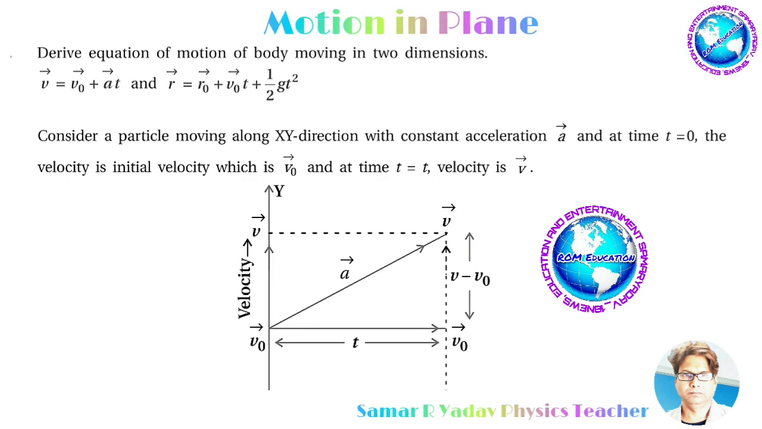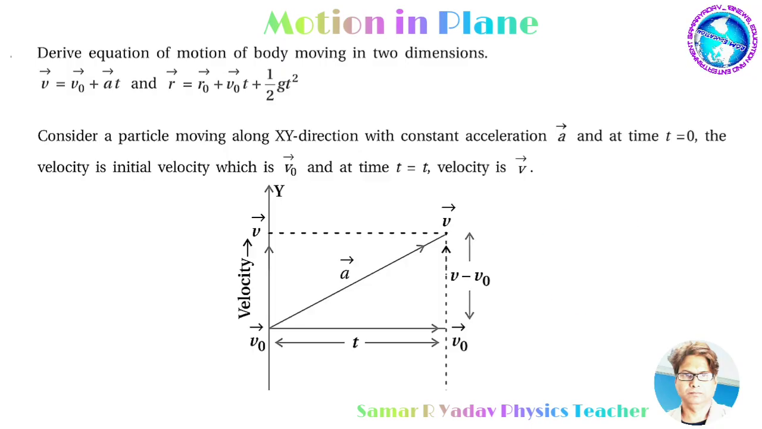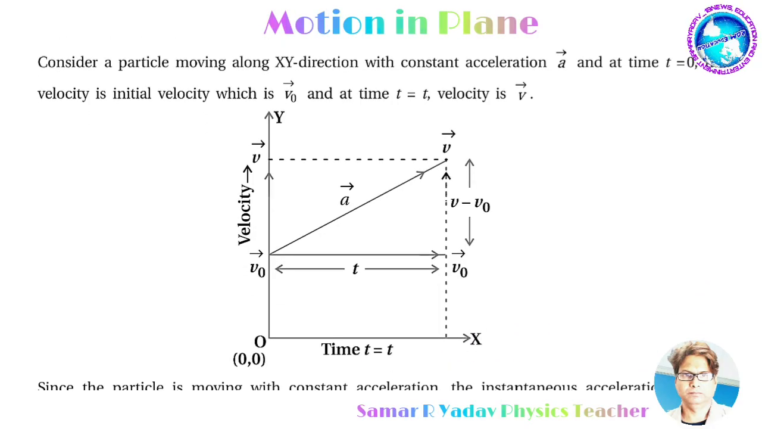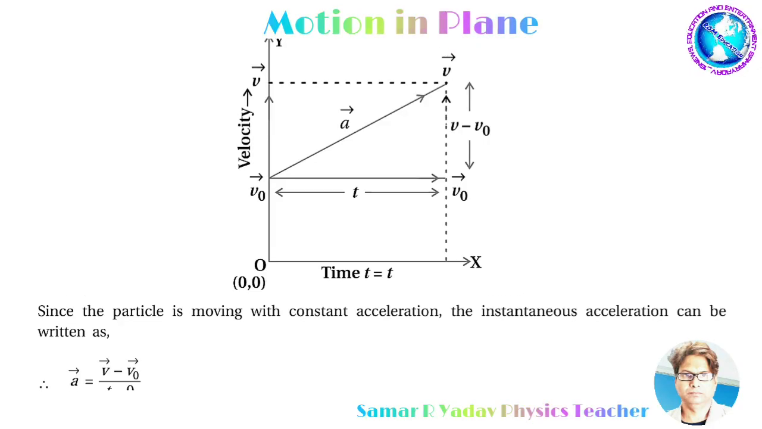Consider a particle moving along xy direction with constant acceleration. Vector a at time t is equal to 0, the velocity is initial velocity, which is vector v0, and at time t is equal to t, the velocity is vector v. You can see in figure, at t is equal to 0, initial velocity v0, and at t is equal to t, the velocity is v vector. Acceleration is here a. So you can see in time and velocity graph,